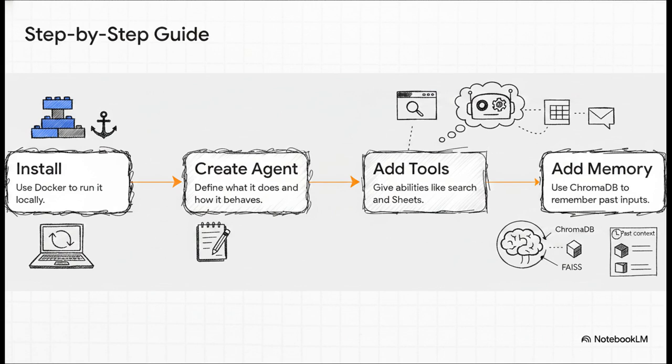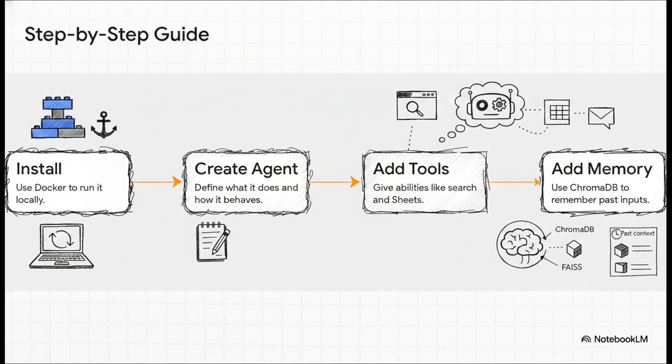Step 3. Add tools. This is where the magic happens. You connect actionable tools to your agent, like web search, Google Sheets, or your messaging apps. Suddenly, your agent isn't just a chatbot anymore, it's actively reaching out into the internet and doing stuff. And finally, step 4, add memory. By integrating databases like ChromaDB or Flowise, your agent gains the ability to remember past conversations in context. When your agent actually remembers what you asked it yesterday, man, that's when this technology stops feeling like a script